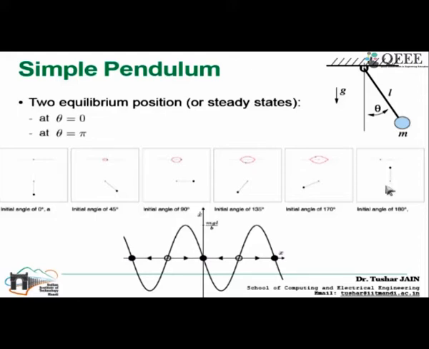Though we computed that we have a steady state at theta equal to pi, and we know that the system can stay there, if you visualize it yourself, the system is not able to stay there at 180 degrees. It will fall down. If you give an initial angle of this one, it will fall down to 0 degrees, meaning what? Now come back to this